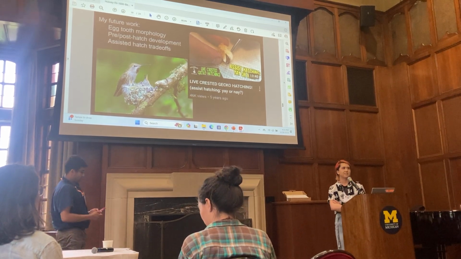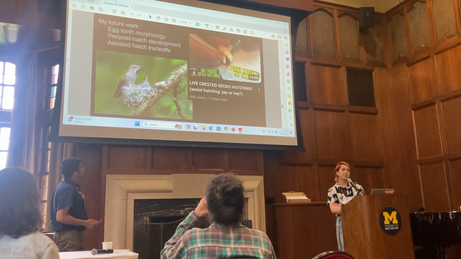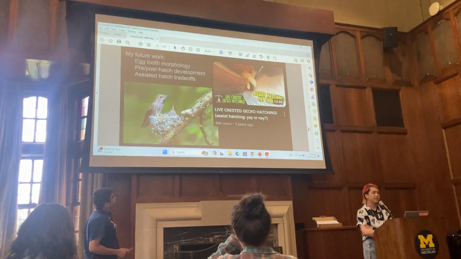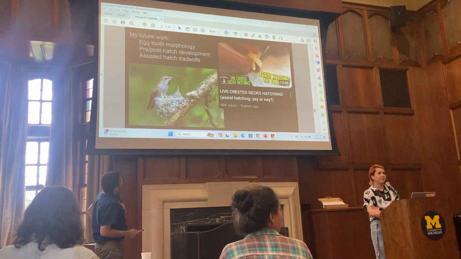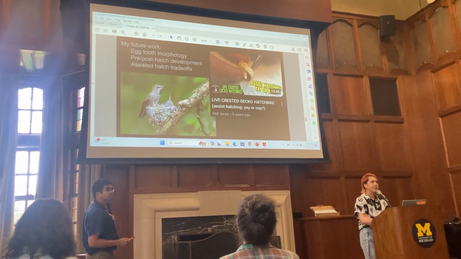Hatching is highly contested by people who raise or rear animals that hatch. The interesting thing is that it does actually crop up naturally in nature sometimes. Some species assist hatch their young on purpose. So the relevance of that and how important that is to the overall evolution of morphology is